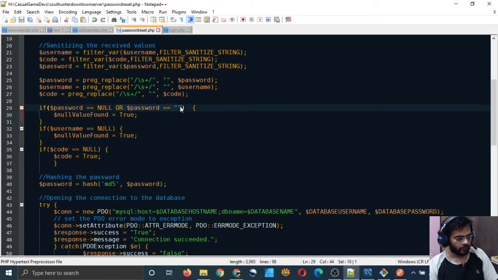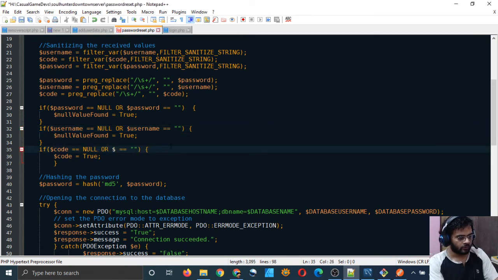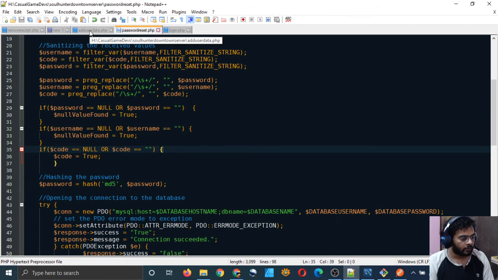It should not be this also, which is empty string, which is not null actually. Null is something else and empty string is something else. So we should check for that separately. Right? Yeah, that should work. You have to do this in the previous file also.